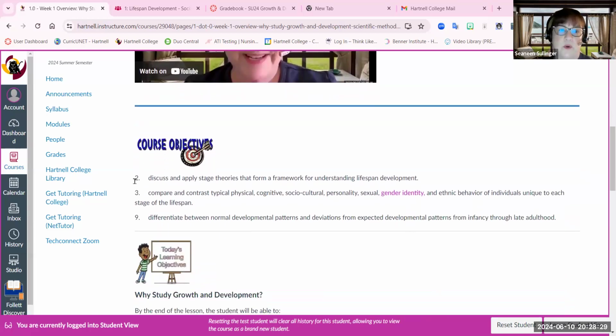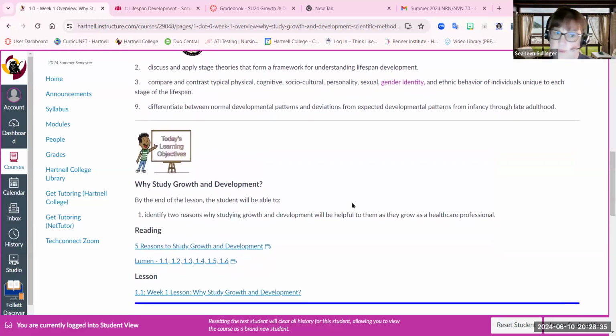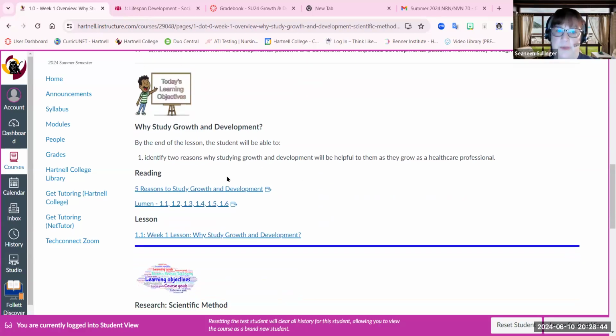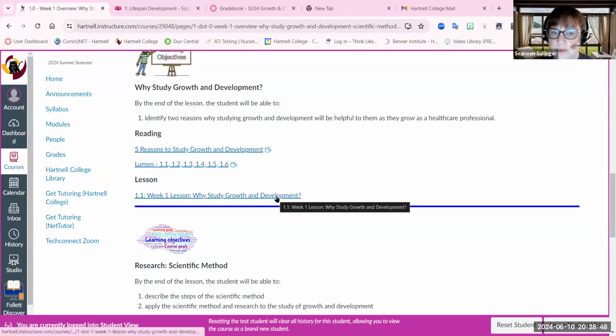There will always be course objectives from the course. Then you will go through whatever the lessons are for that week. The first lesson is why study growth and development. You will have an objective for that particular lesson. You will have the reading that you need to do, and then there will be a link to the actual lesson. Does that make sense? Each week will be